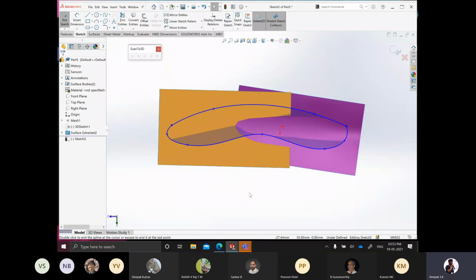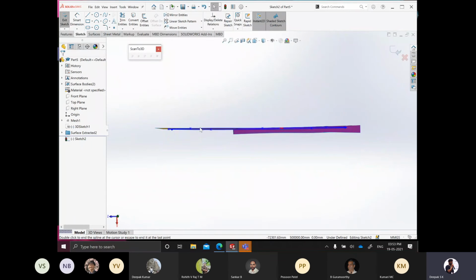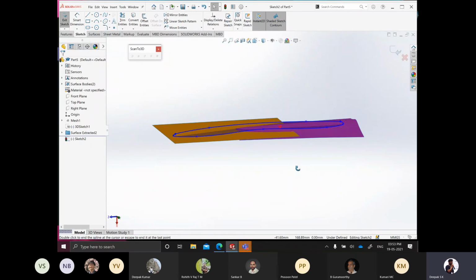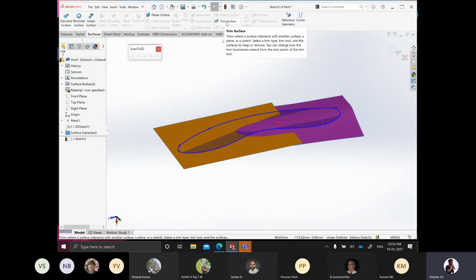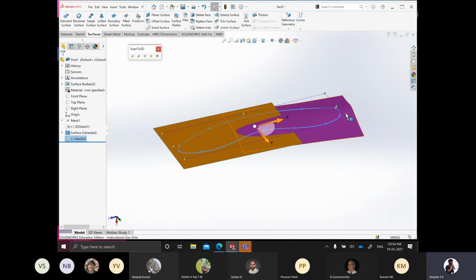You look from the top view, it is going to be like this, but then the curved surface is like this. So you can trim the surface using the surface options. I think most of you will be familiar with that. You can use this trim surface, select the surfaces, and then trim with this curve to get the necessary shapes that you want.